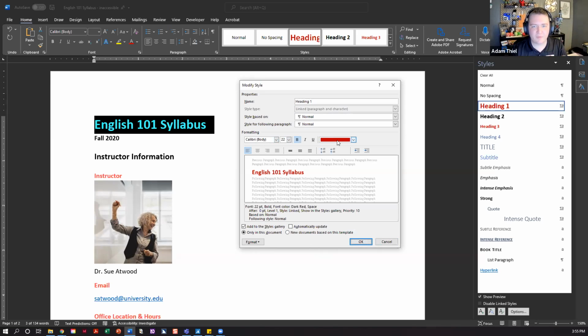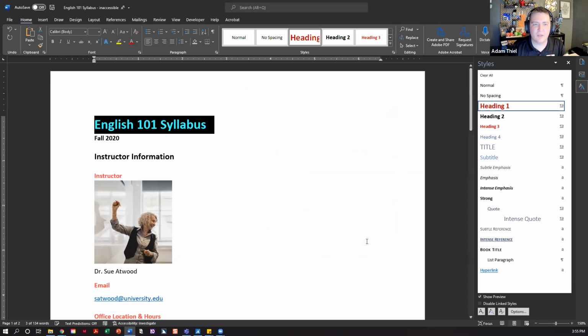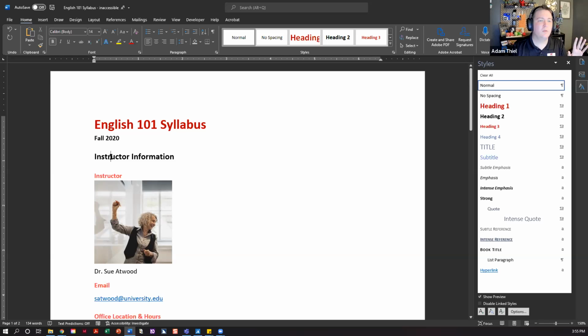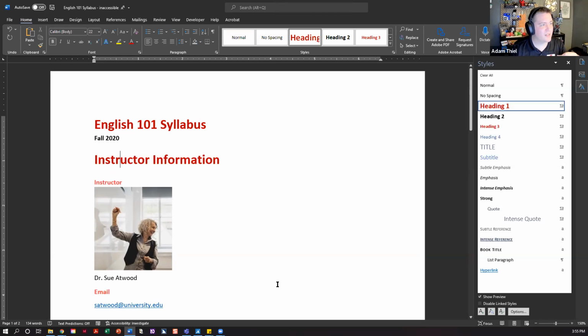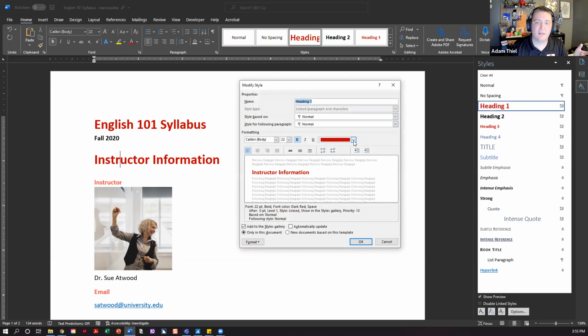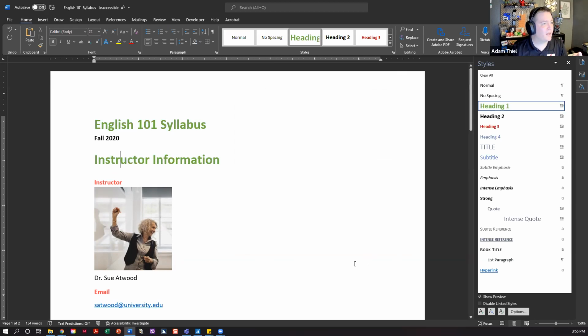And so, if I've got this all the way that I like, I can hit OK, and then it will update the heading level 1 to be that style. And so now, we recommend only having one heading level 1 in your document as the main title of your document. But if, for instance, I wanted to make this a heading level 1, now I could just click that button and that whole thing becomes a heading level 1. And if I come in here and go modify, and let's, for instance, just change the color, both of them are going to update automatically.